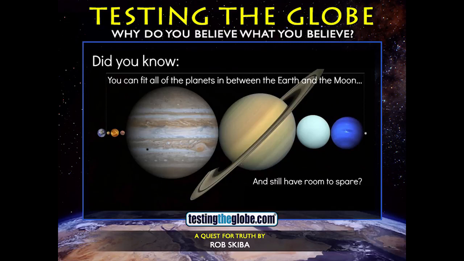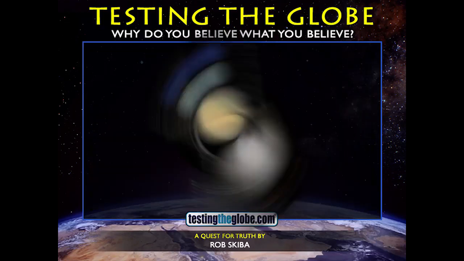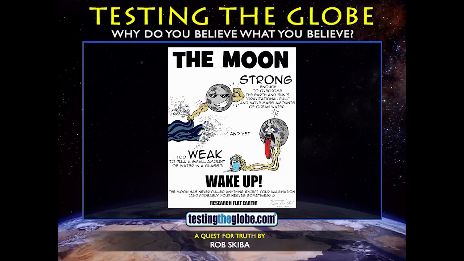How come the Earth, that's supposed to be so much bigger and have so much more mass and gravity, how come the Earth's not pulling the moon into it? But no, we're told the moon, with 1/6 the gravity, 1/4 the size of the Earth, is tugging on the oceans? You know, what does water weigh? 1 gallon of water weighs about 8 pounds. 1 gallon. How many gallons of water do you think are in the oceans? That's really heavy.